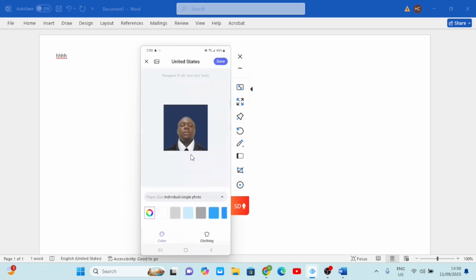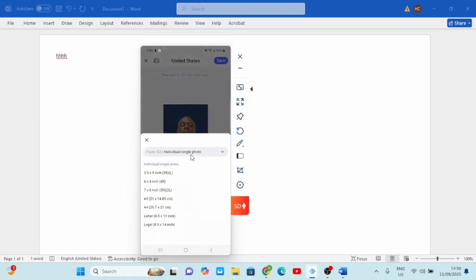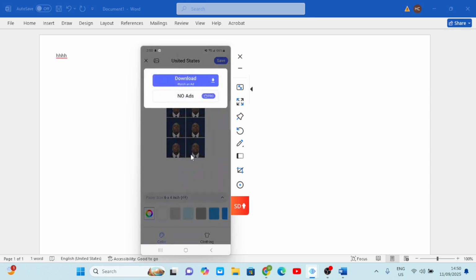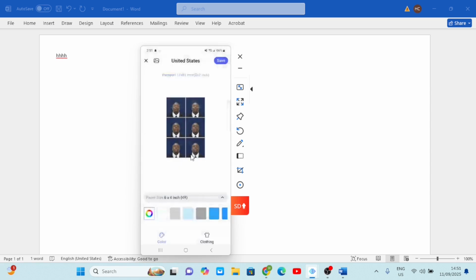you see, so this is the picture. I can still come here and change it, make it, and save it, and anytime I want to save it, you see that ad coming. So you have to wait for that ad to play and finish before you can remove it and then send it to someone to print it. Okay, that's how simple it is